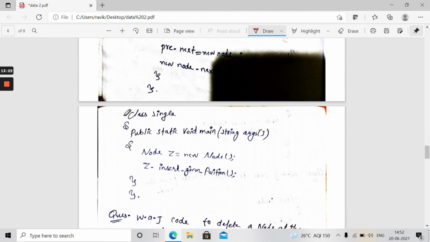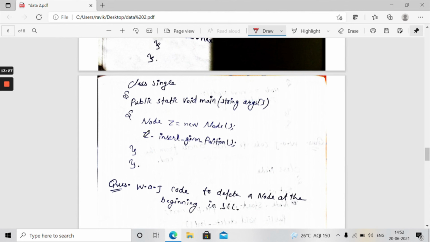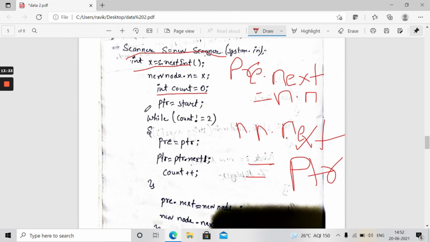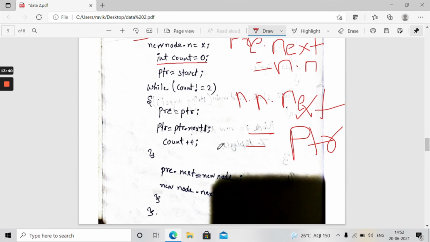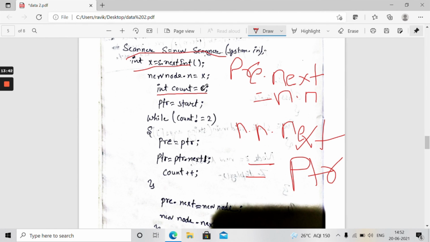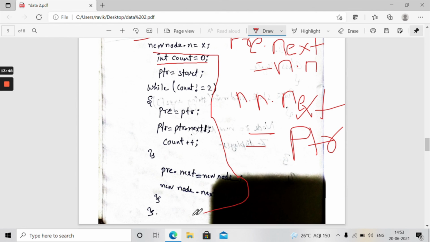Then after creating another class and public static void main, then after making the object, these are not very important guys. The important code for us is from here, just from here to here, this is the important part. We have only to understand this.